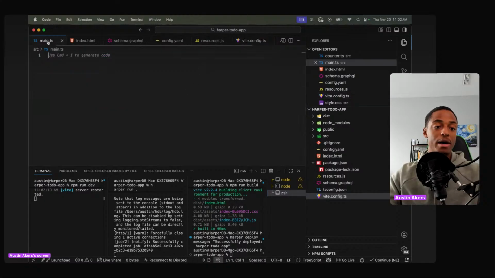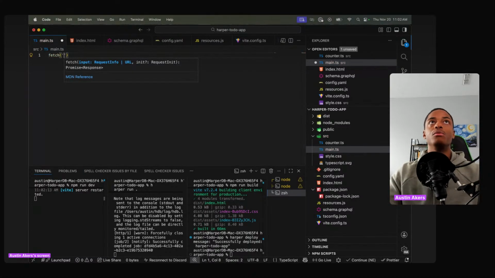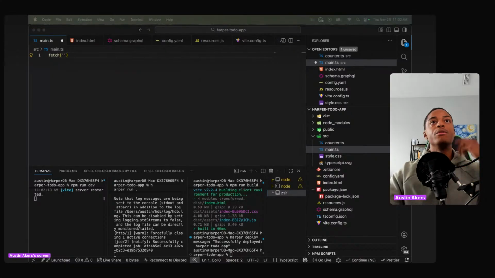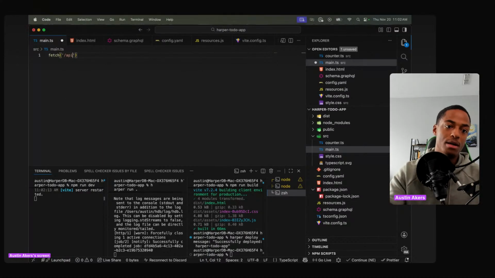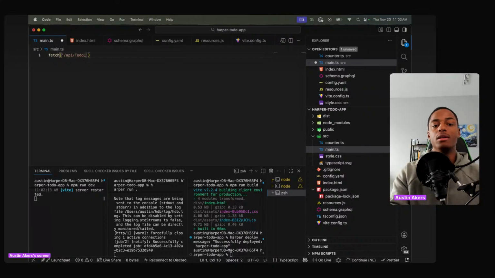Now at this point, let's just go ahead and test this out with a simple fetch. Essentially, if we do slash API slash, that's going to point us to this right here. And we're going to do slash to-do list, which is the name of the table that we're pointing to. And then from here,